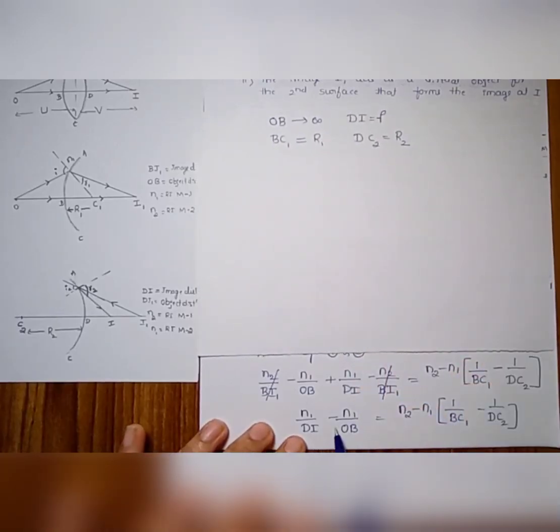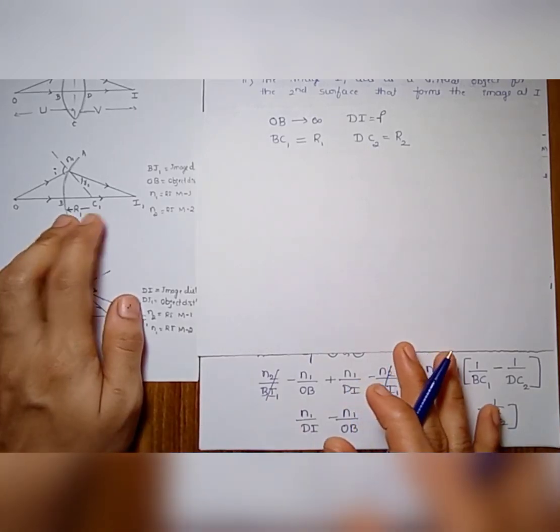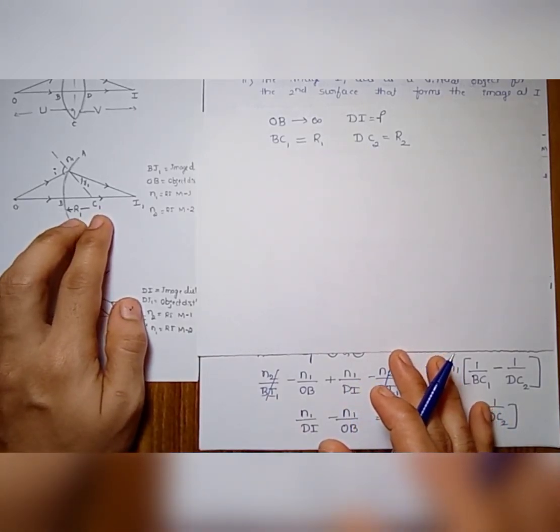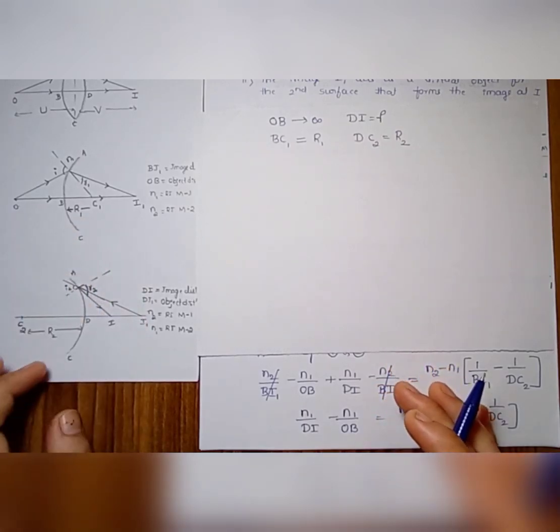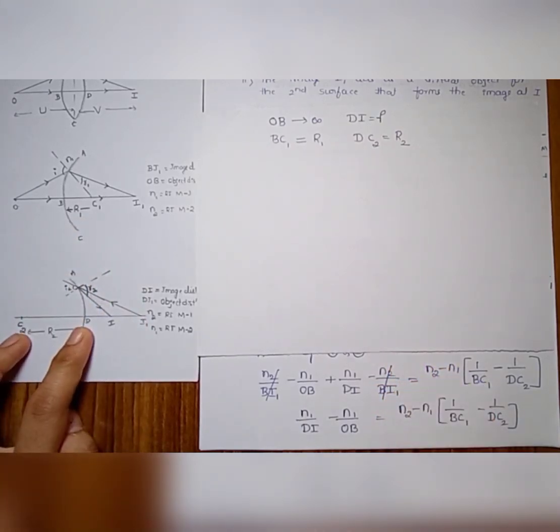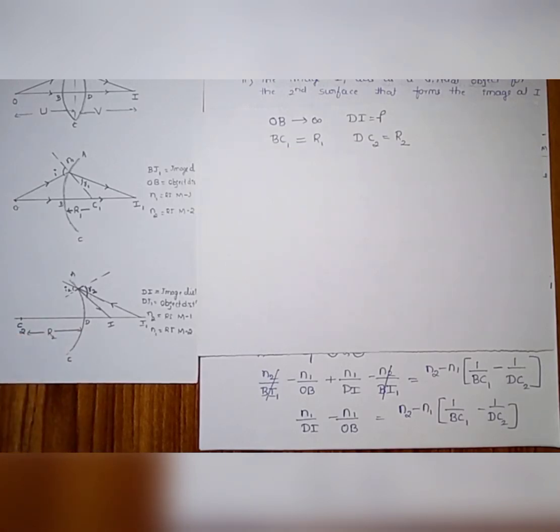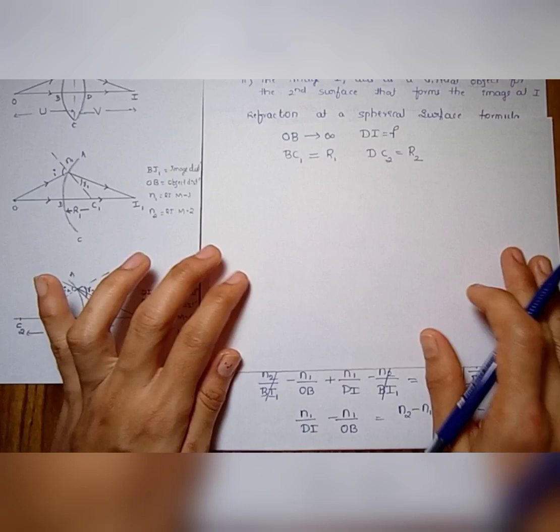N1 by DI minus N1 by OB is equal to N2 minus N1 into 1 by BC1 minus 1 by DC2. Here, as OB tends to infinity, the value of DI becomes F. And BC1 is equal to R1, that is from the first diagram, and DC2 is equal to R2, this is by the second diagram. Then this equation becomes